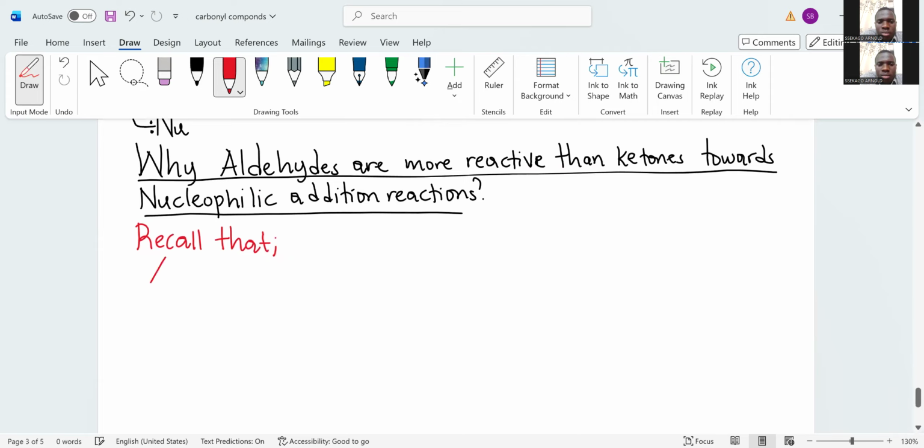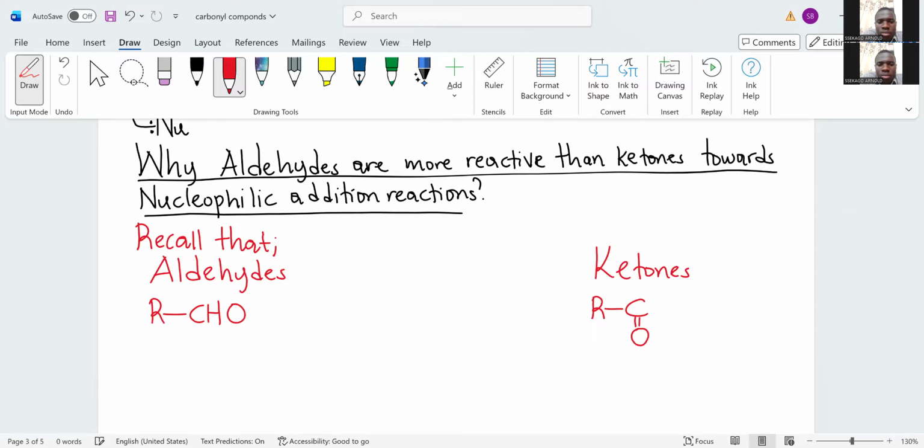Recall that aldehydes and the ketones have the following structures. Aldehydes basically mean compounds that have this type of structure, and ketones will basically mean compounds that have this type of